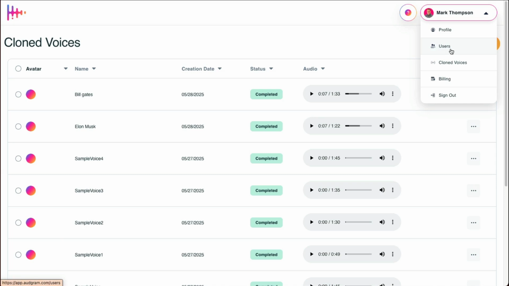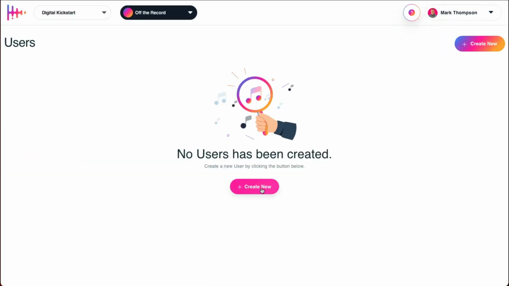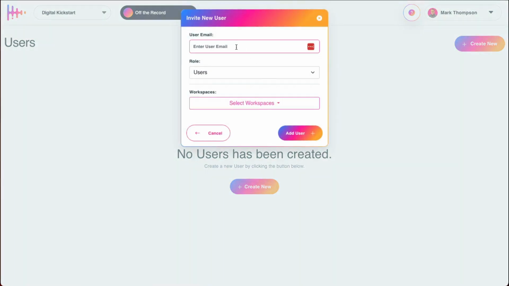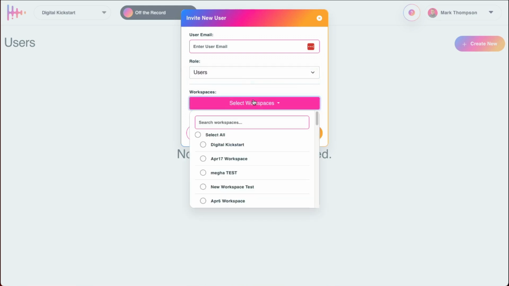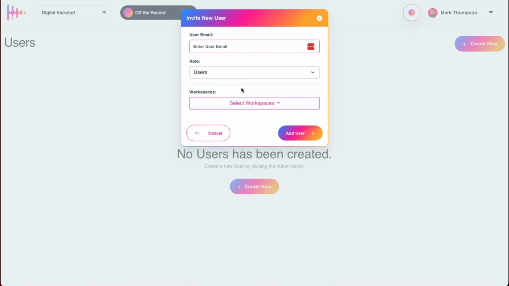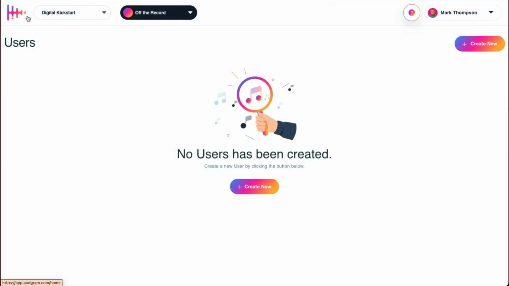Now, the other thing I wanted to mention is we do allow you to add users. So if I wanted to, I could create a new user, enter their email address, give them a role if I want them just to be a normal user or have full control, and then select which workspaces they should have access to. So again, if you have virtual assistants or clients, and you want to give them access to one of these workspaces, you're able to do that. It'll send them an email, it'll invite them, and they'll be able to access the different audiograms or projects that are within your workspace. Now I'm going to go back to the dashboard